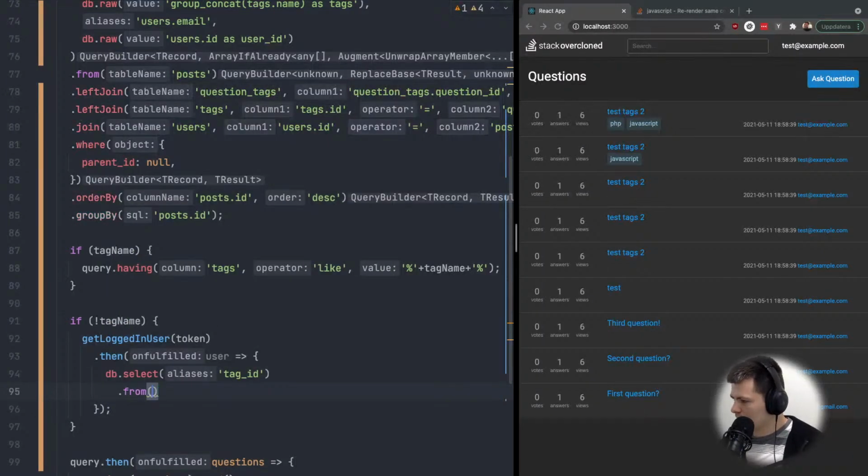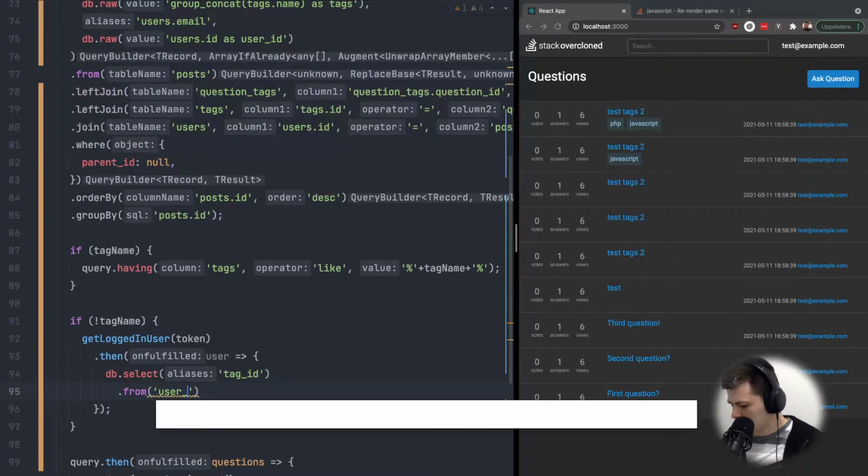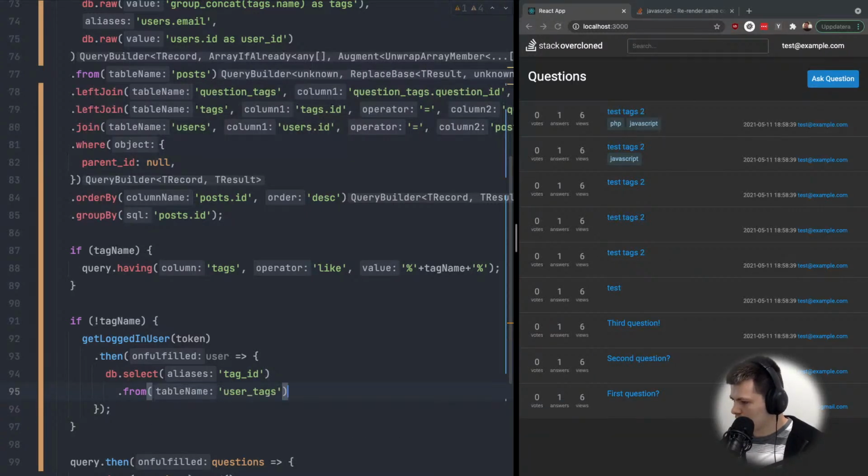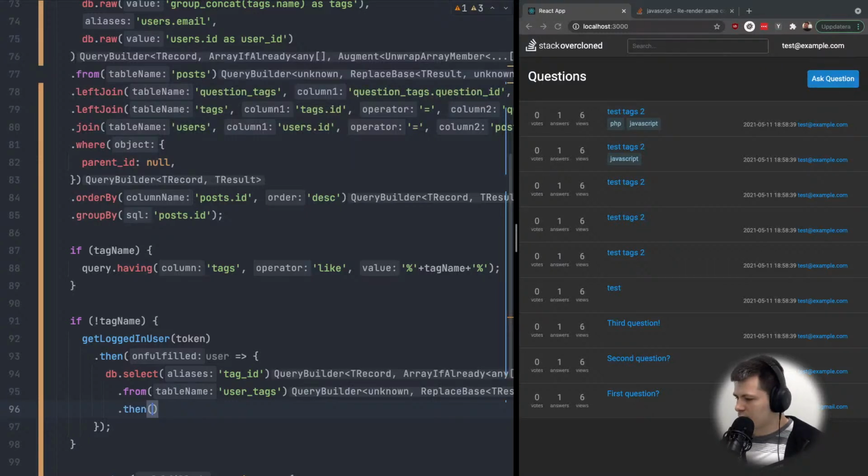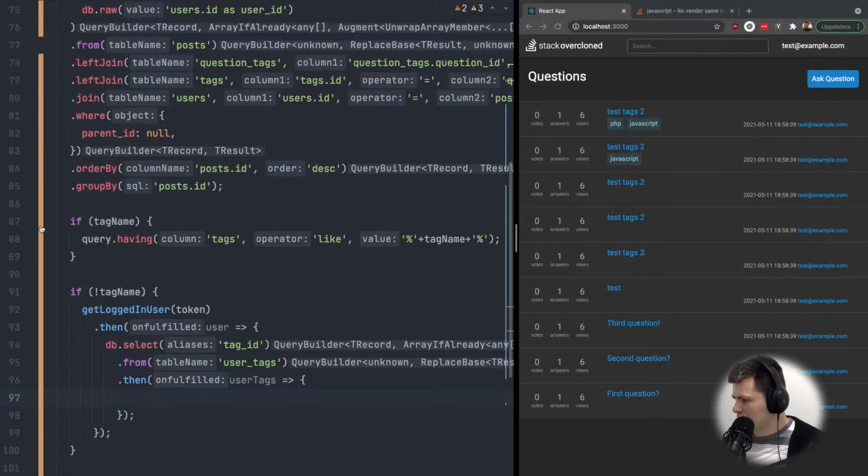From userTags, and then we have user tags, and with those user tags we can now get this query,